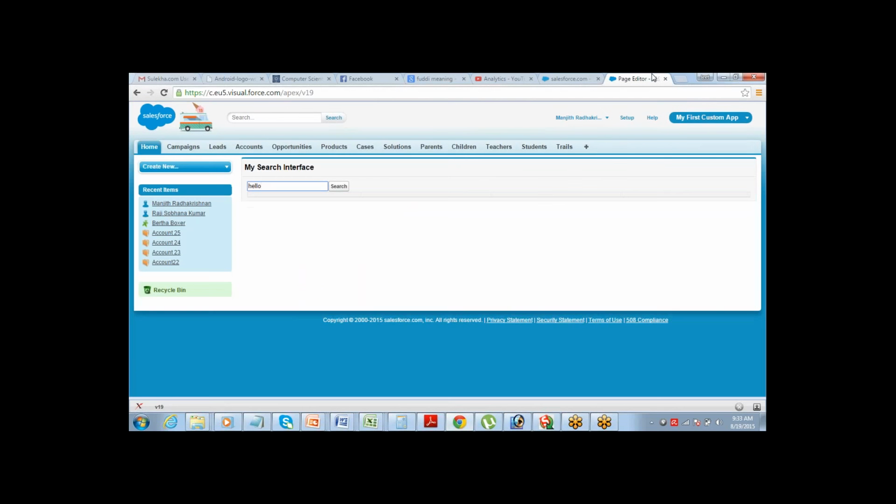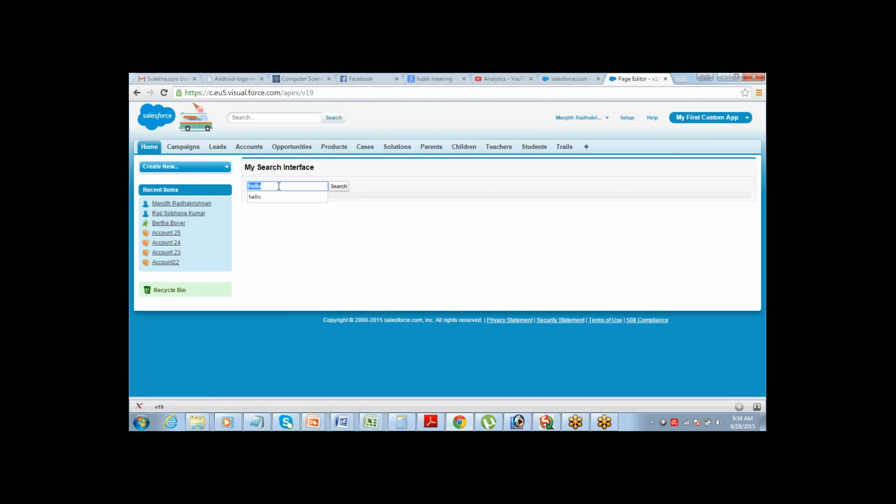Okay, don't get into that. Look at this page. What do I need now? This page is not functional currently. I just created the components. There are two things which I need to do. One, I need to make a provision for taking the value from here and putting it to the program. Program in the sense the Apex class. Right? So I need to define a function which can take the value from here and pass it to the program.